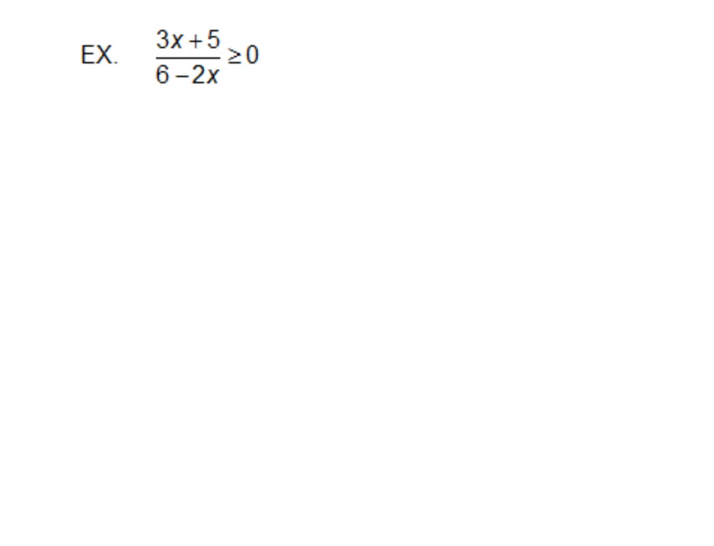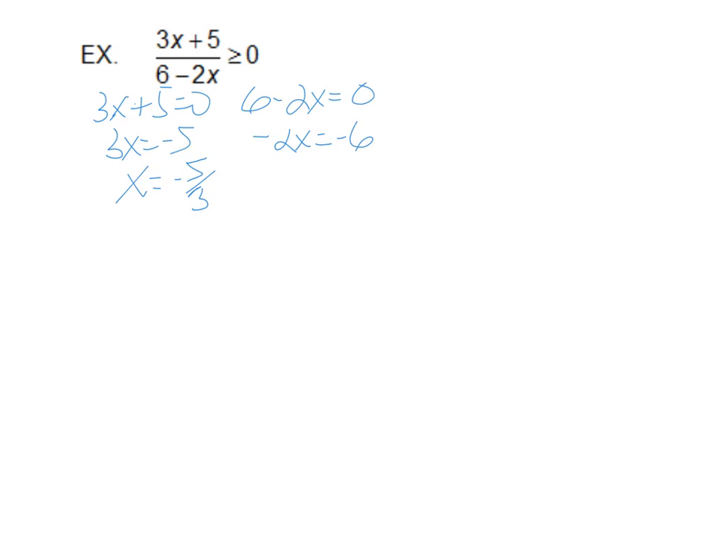Okay, again, we're going to set both the top and bottom equal to 0. 3x plus 5 equals 0. 6 minus 2x equals 0. The one on the left, if I subtract 5, 3x equals negative 5, and divide, x is negative 5 thirds. On the right, subtract 6, negative 2x equals negative 6, and divide, x would be positive 3. So my number line,